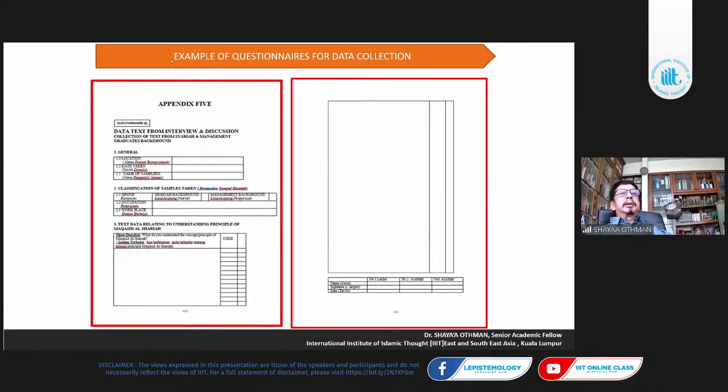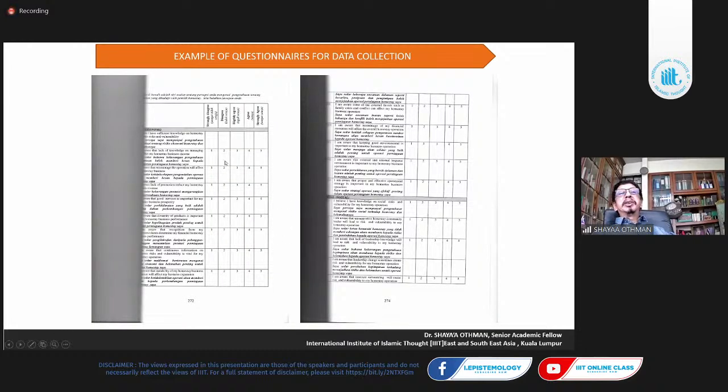And even text from interviews is content analysis. When you talk about content analysis, it's open questions. Open question means from the interview or the discussion, there is no questionnaire where you have to record. For example, you want to see his opinion relating to a certain issue. You code it out, you put it in quotes here, and so on. This is a content analysis. You can see from some books and even in some research in journals, they use content analysis to determine certain patterns of thinking. Yeah, these are basically common.